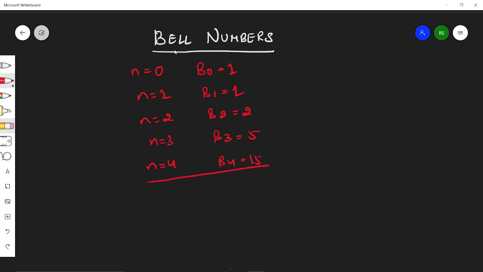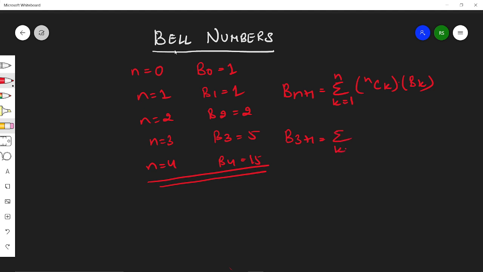Let's verify this using the formula. The formula is that the Bell number for n plus 1 is the summation of k from 0 till n, both inclusive, of nCk into B(k). For example, I want to find the Bell number for 4. So my n would be 3, because 3 plus 1 would be 4.